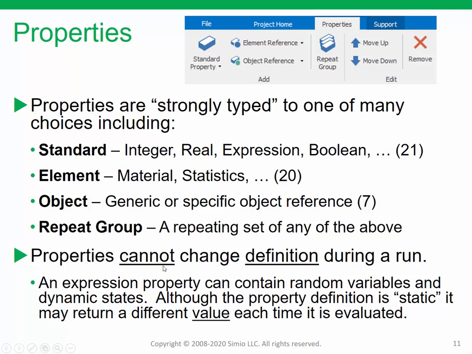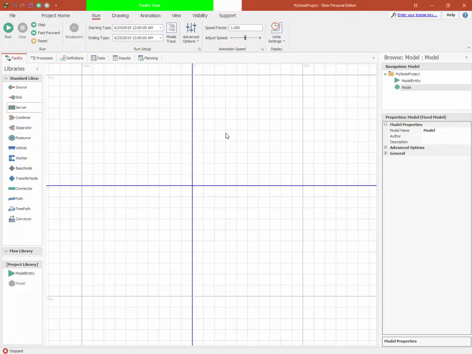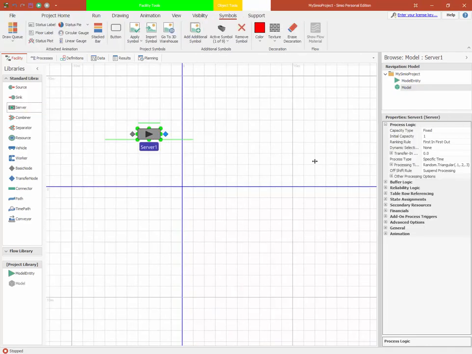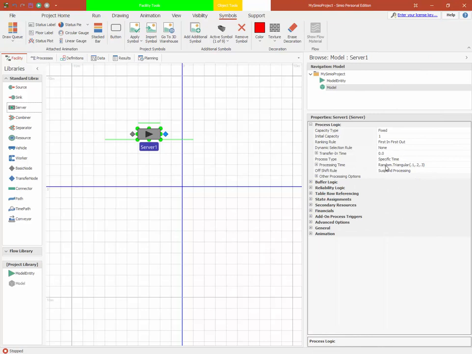Now the notion that a property cannot change definition during a run is a little bit confusing, so let's take a look. Let me open Simio here and look at a specific example. Let's grab a server object, and what I want to focus on first is the property of processing time. You can see that we have processing time set to Random.Triangular(0.1, 0.2, 0.3) minutes, and that says every time